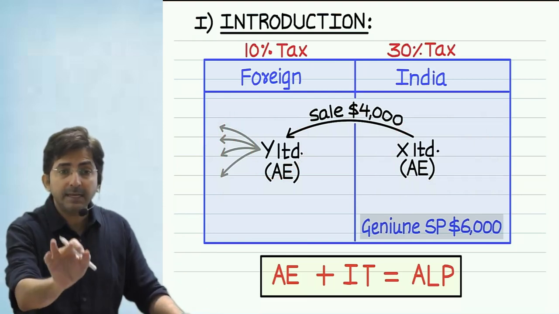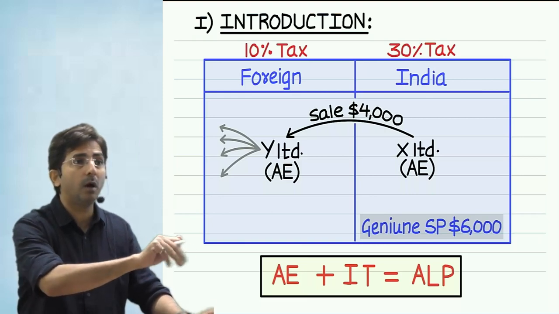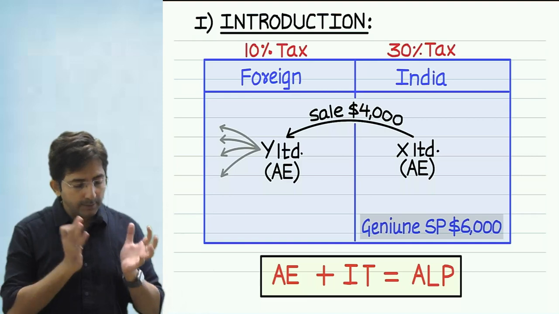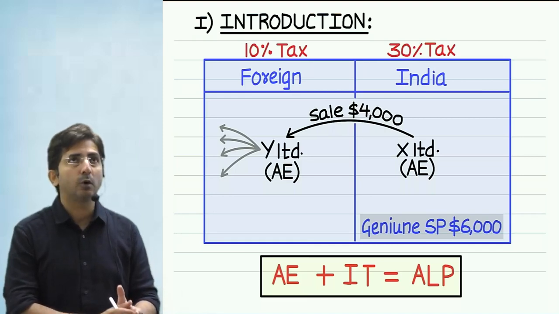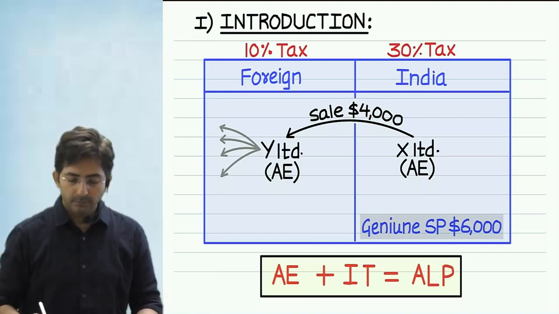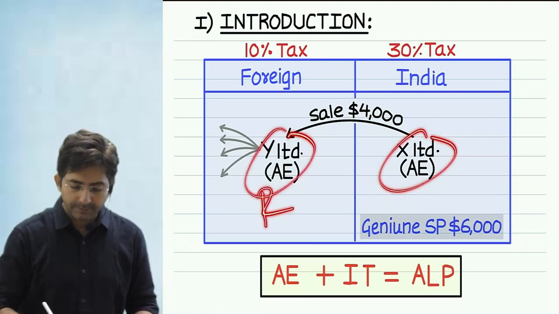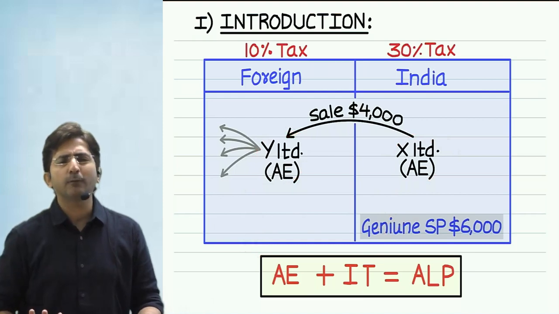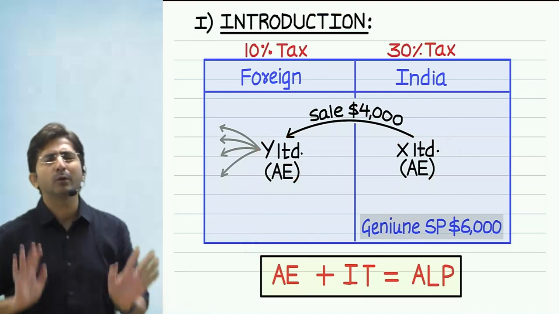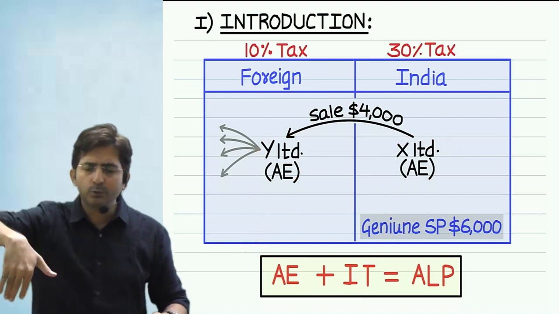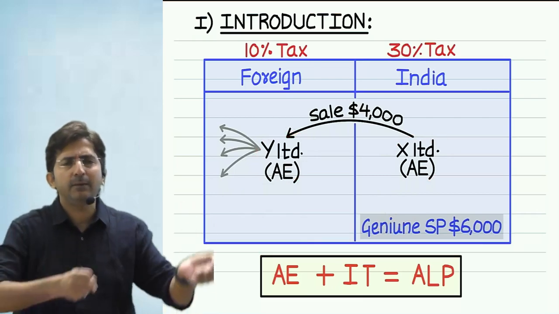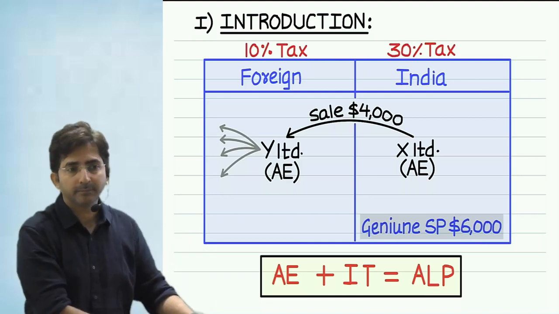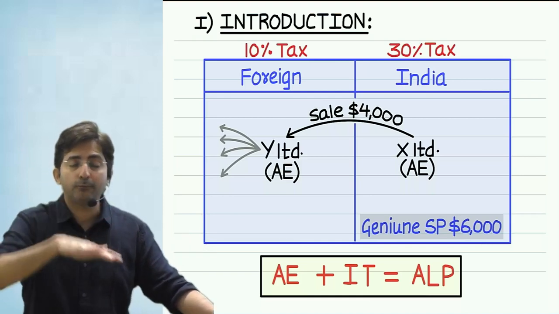You know, a resident entity has to pay tax on world income to India. You remember this rule? Once you are a resident, you have to pay tax on world income to India. So if X, Y both are resident, they will ultimately pay tax in India. So government is not affected. What law says? Do whatever you want. If X's tax will reduce, Y's tax will increase, and anyways both are paying tax in India, so profit will not shift from India. So there is no threat of